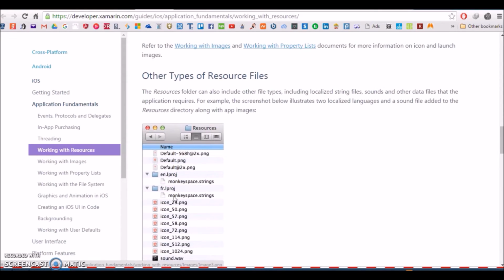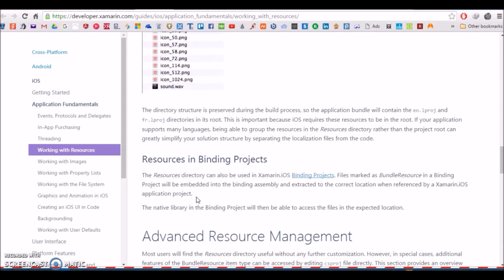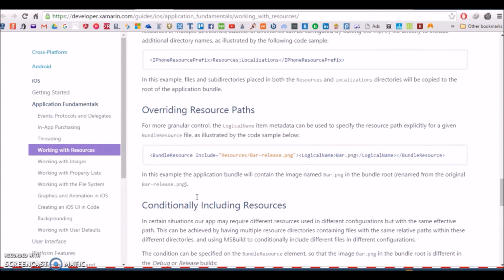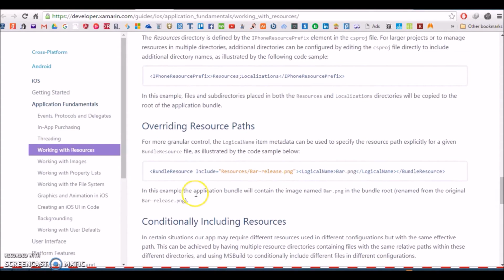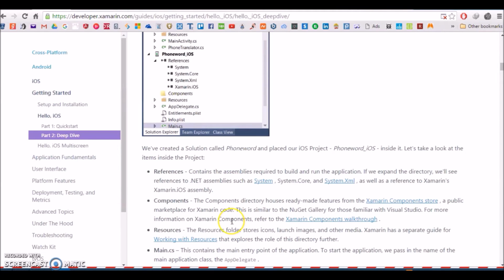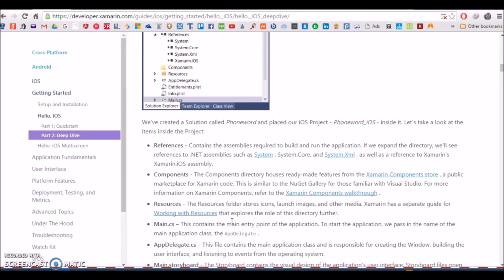Resources contain all the images and media files that you want to add in your app. That all goes in the resources folder, and you can see here the different ways. Now go to the project again, and the main